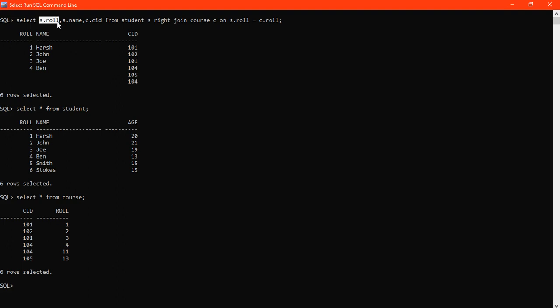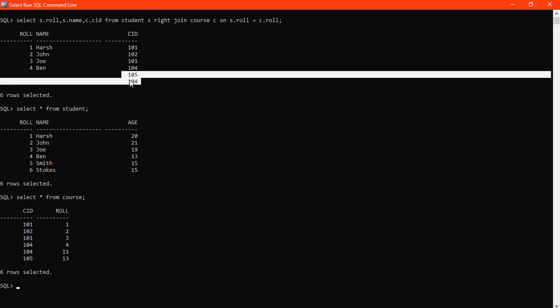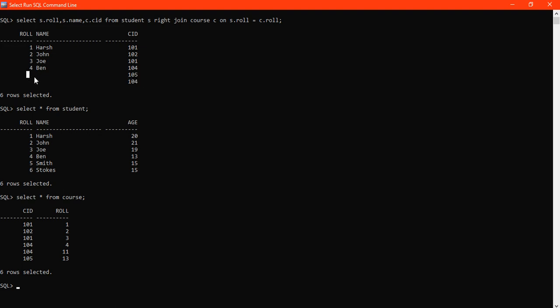It will matter in the case of right join or left join. If you take s.roll, the roll in the output is from the student table, and for these two the roll numbers do not exist, so roll number is null, and name is also present in the student table, so name will be null. I hope this is clear to you.